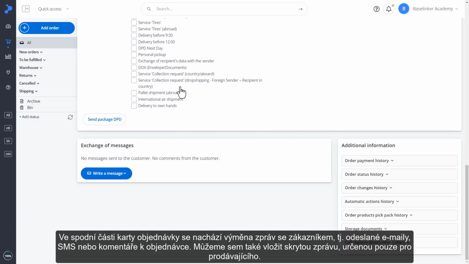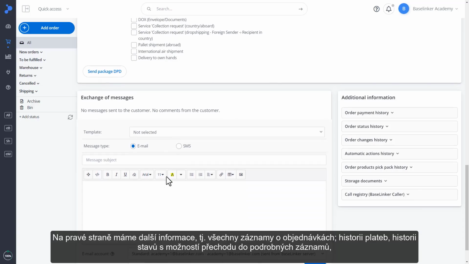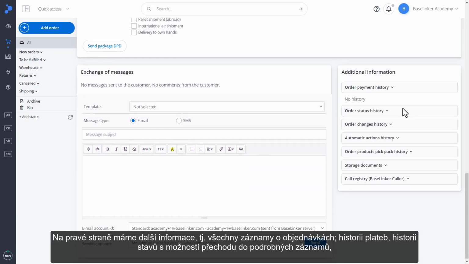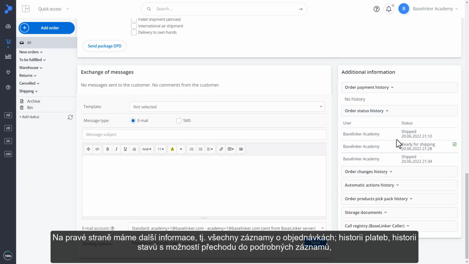At the bottom of the order card, you will find the exchange of messages with the customer. That is, sent emails, SMSs, or comments to the order. We can also put a hidden message here, only for the seller. On the right side, we have additional information. That is, all order logs, payment history, status history with the option of going to detailed logs,